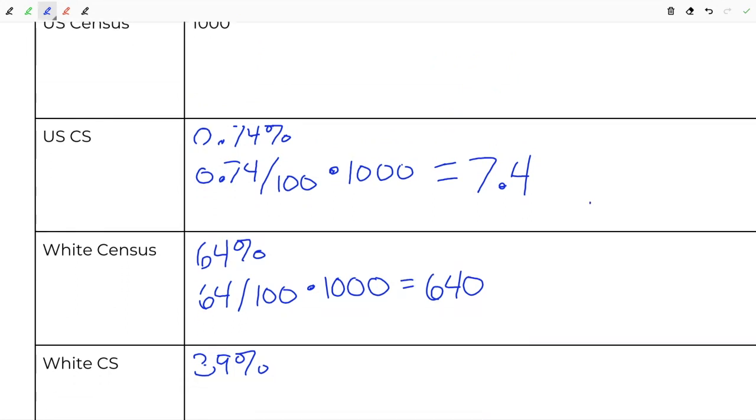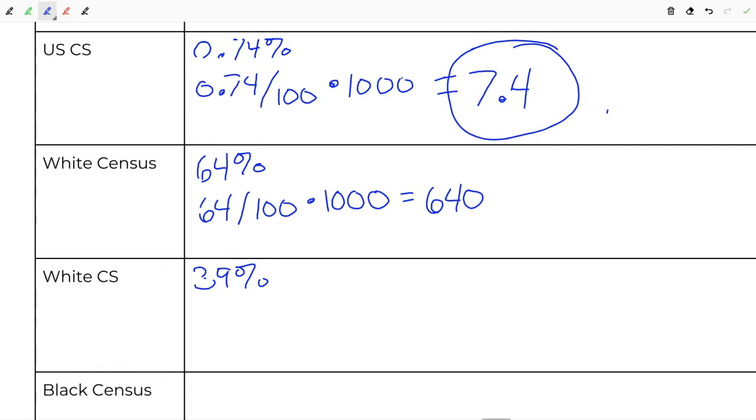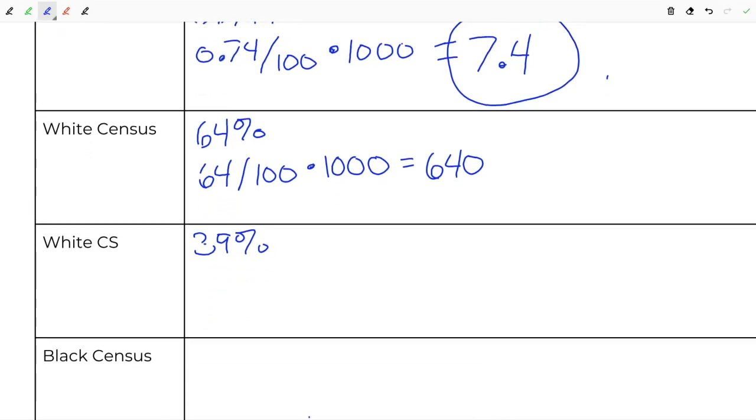It's 39% of the people in the correctional system are white. So 39% of that 7.4 people are white. So 39 per 100 times the 7.4 people are white. So that gets us